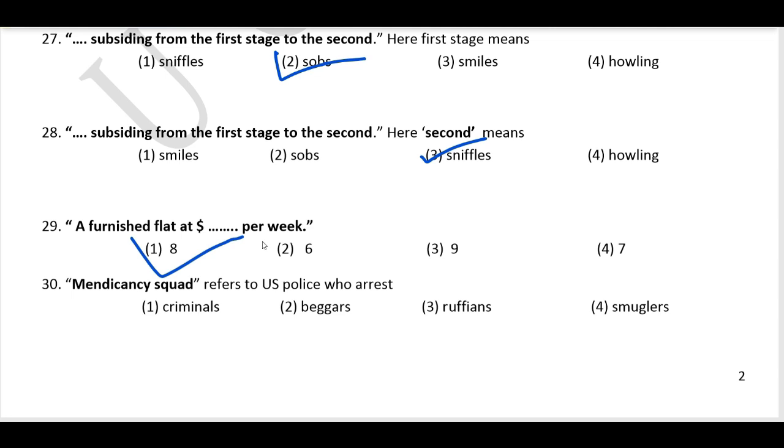So there is a squad or police, group of police who arrest these persons. So mendicancy squad refer to the police who arrest beggars as well as homeless persons. So homeless is not found in the options, so the correct option is